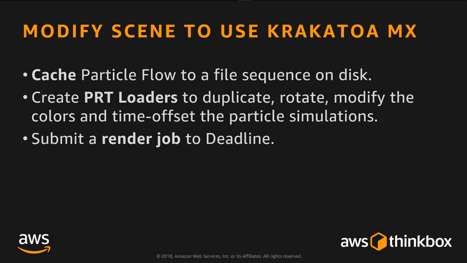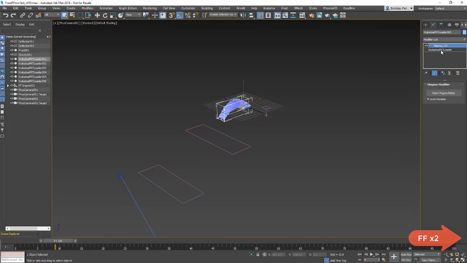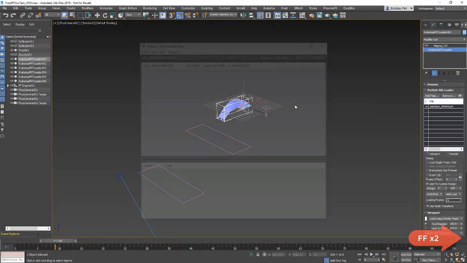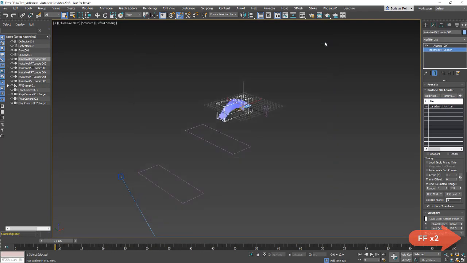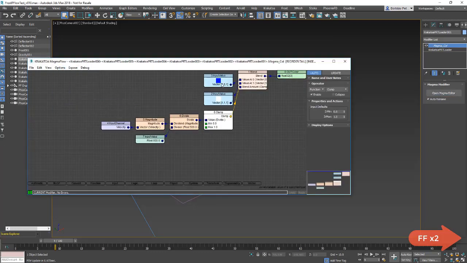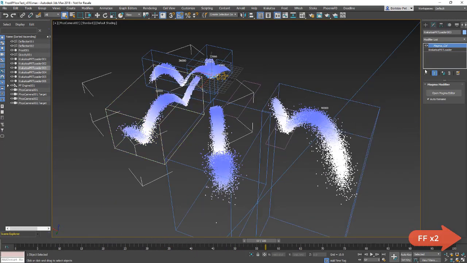No 3ds Max user runs a single third-party plugin in his installation, so let's see what happens if we use PUTTY loaders from KRAKATOA and submit a more complex job that uses 2 plugins. In this scene we have the PUTTY loader loading a cached version of the particles that we saw before with the velocities and positions and IDs, and we also have magma flow that is colorizing the particles based on the magnitude of their velocity, and we have duplicated